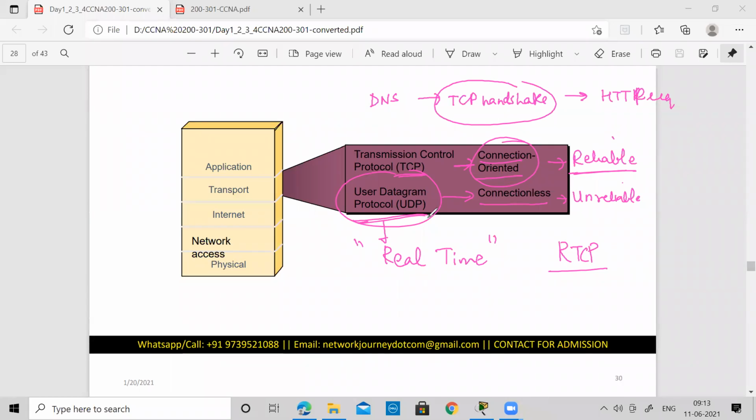If out of 10 segments only 6 or 7 have come and the remaining have not yet reached, it will wait until all the other segments come, put them in proper order, and accordingly give them to the upper layer.